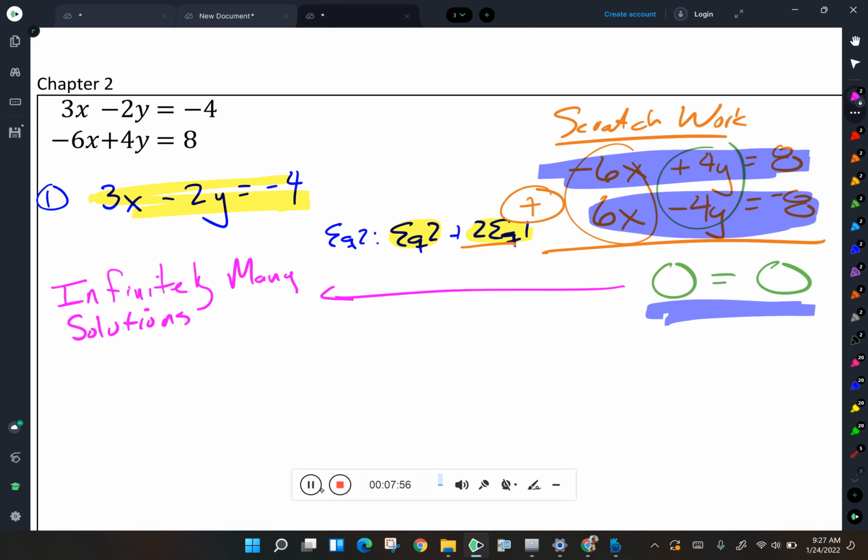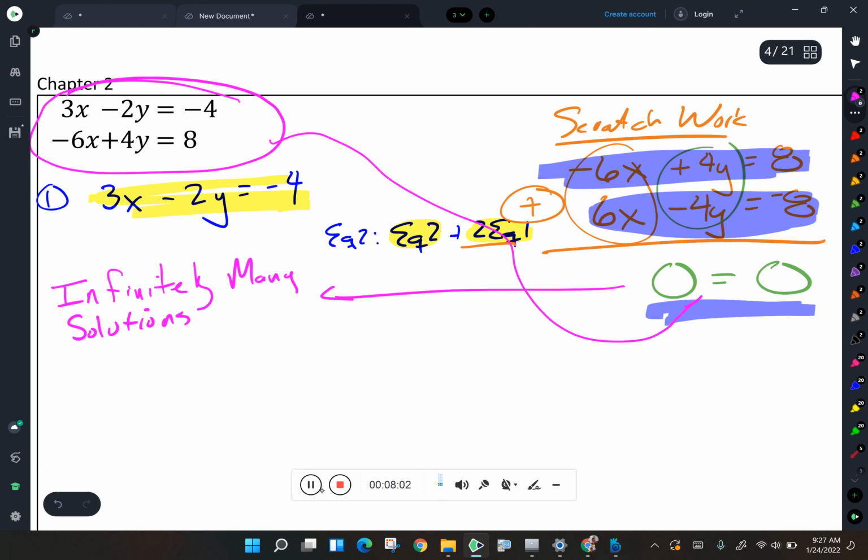Well, basically what it means is, since these two equations, when we work on them, we get the statement 0 equals 0, it really means that those are the same equation, and that infinitely many solutions exist because any point that satisfies the first equation would also satisfy the second equation